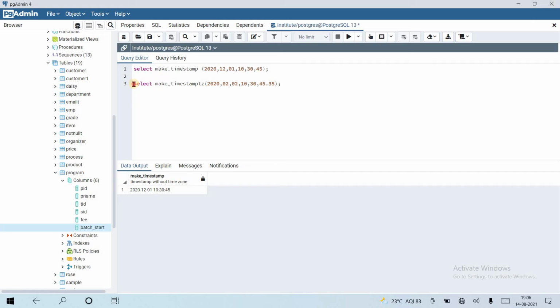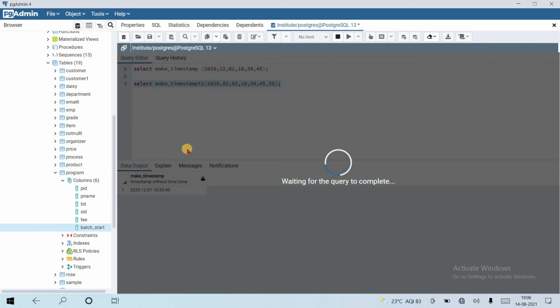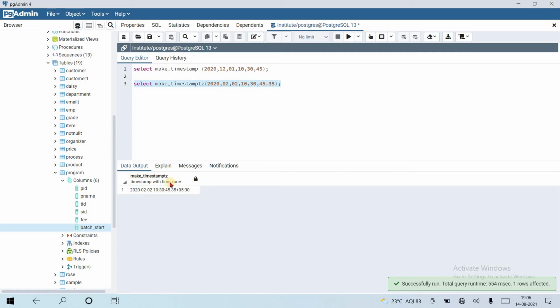Let's run the above and the lower query. Here you can see the time with time zone means year, month, day, hour, minute, second with precision plus 05:30 is the time zone. My time zone is 05:30. Yes, so this returns a timestamp with time zone.